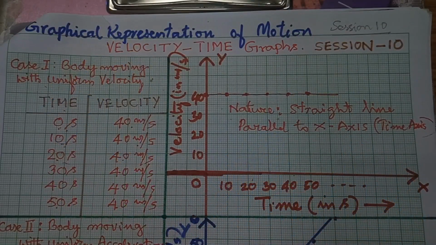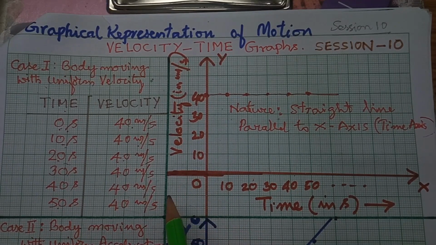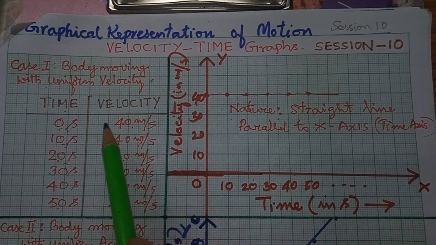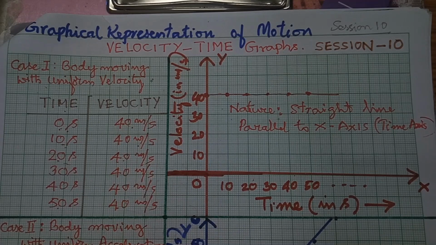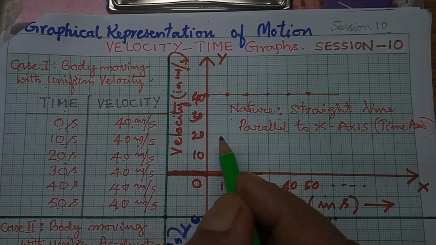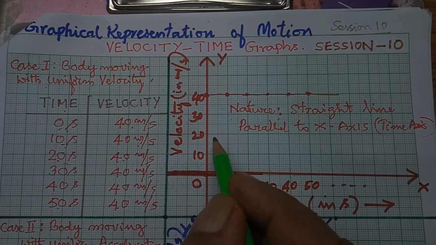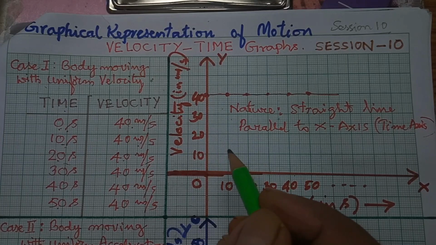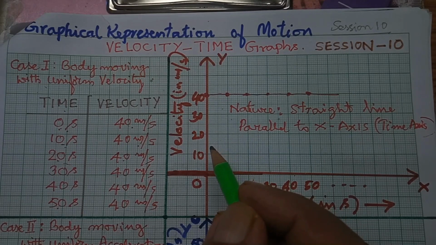Now first I'd like to go to the notes which I have given in the previous session number 10. You can see there I explained about the velocity time graphs for three cases. One is body moving with uniform velocity, second case body moving with uniform acceleration, third case body moving with uniform deceleration. First, I will revise whatever we have done in session 10 so that we can comfortably do the analyzation of the graphs. You can easily understand the analyzation of the graphs.